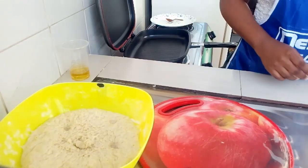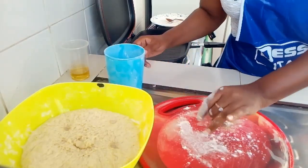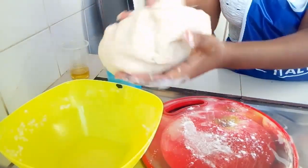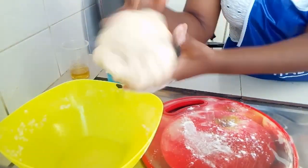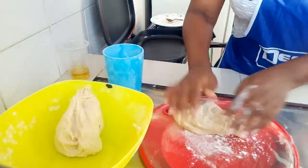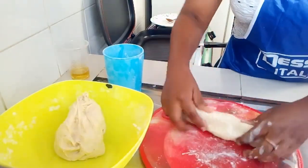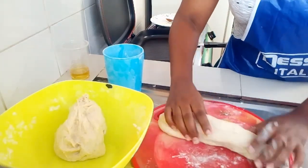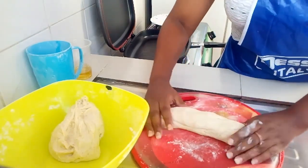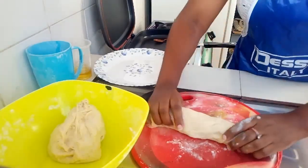So our next step, we need to make our bun pieces. I need to cut my dough and make the shapes of our buns, our bread. You can call them buns or puff bread. It's the same thing. So right now I'm preparing the dough. What you need to do is sprinkle a little bit of wheat flour on your surface and then roll. And as you can see, I made these shapes, and then I'm going to cut them